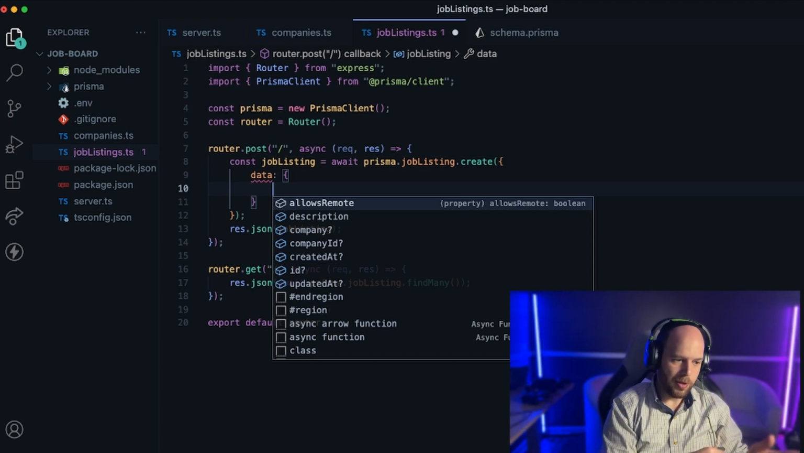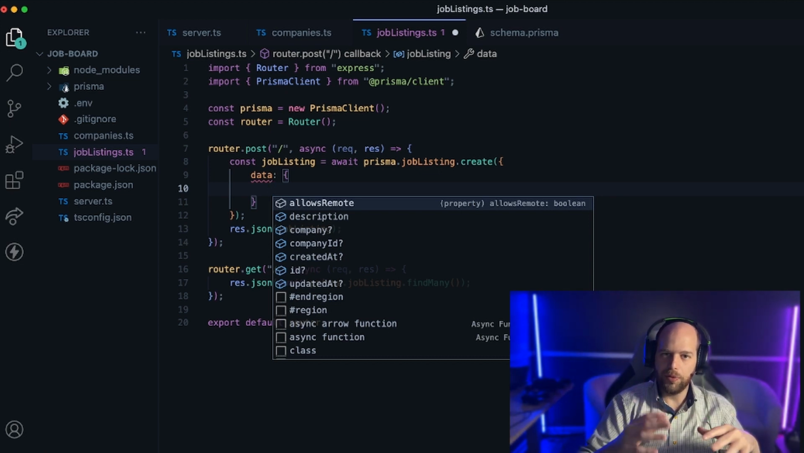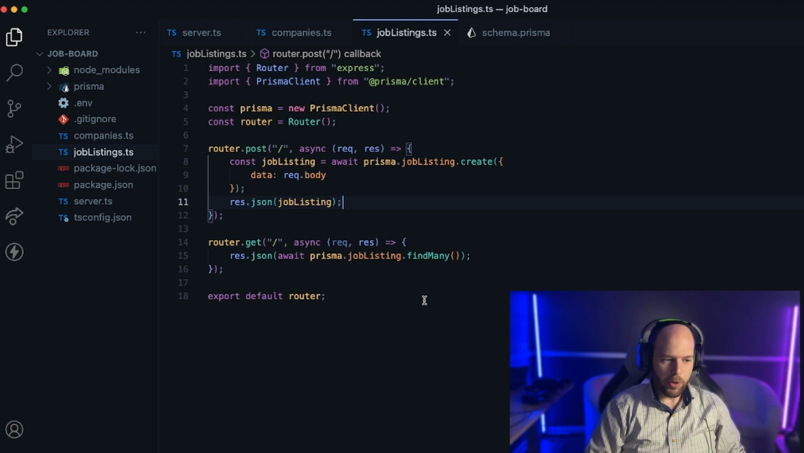We're getting allows remote, description, company, and so on and so forth. It knows exactly what the job listing needs, for the same reason it knew what it needed for the company. Again, this is all because Prisma is able to automatically create this based off of the prisma.schema file. And then finally, we have our GET request, which is doing nothing more than giving us back all of our